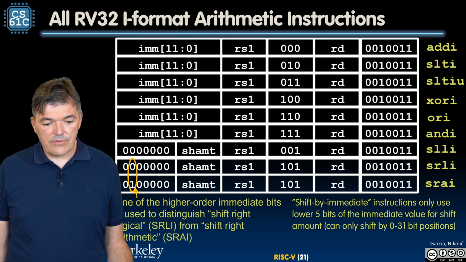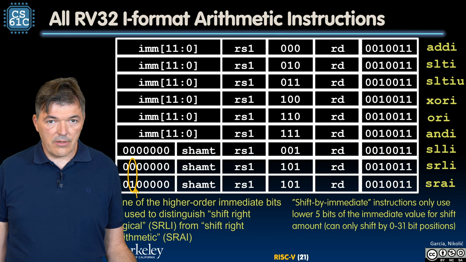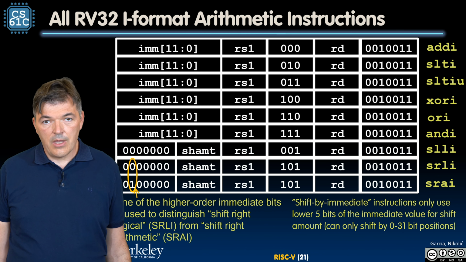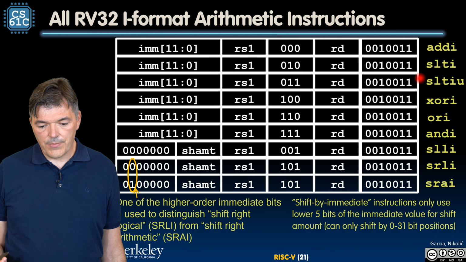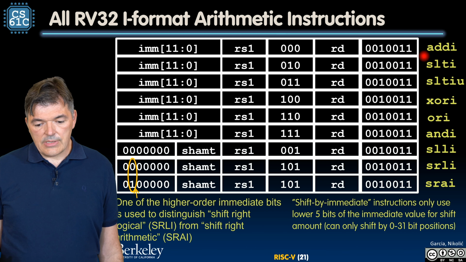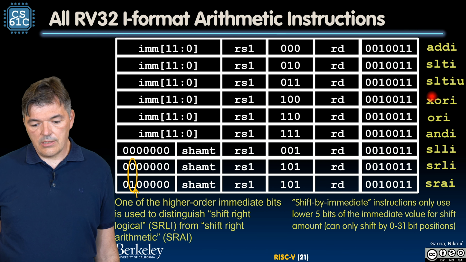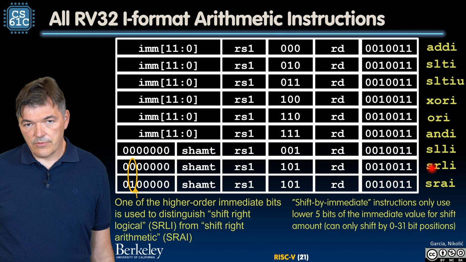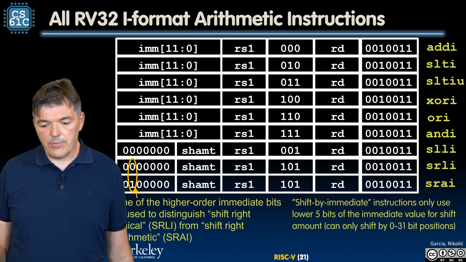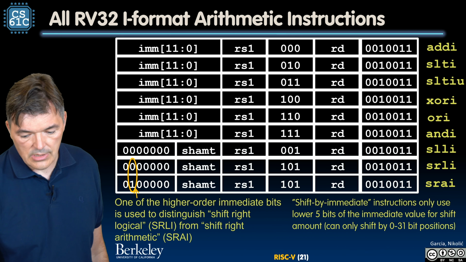Let's recap what we have seen of I-format arithmetic and logic instructions. There are 9 of them. 7 of them we have seen before. So this is add immediate, XOR immediate, OR immediate, AND immediate, shift left logical, shift right logical, and shift right arithmetic. All of them immediate. There are 2 new instructions that we have here,